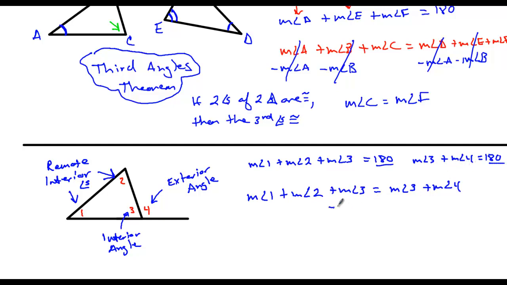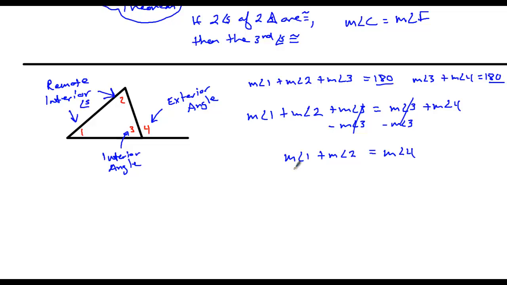Well, I'll start moving some stuff around. I'm going to subtract the measure of angle 3 from both sides. Those go away. And I'm left with the measure of angle 1 plus the measure of angle 2 equals the measure of angle 4. Now once I have this, this is one of my remote interior angles plus the other remote interior angle, and they always equal the exterior angle. And what this is called is